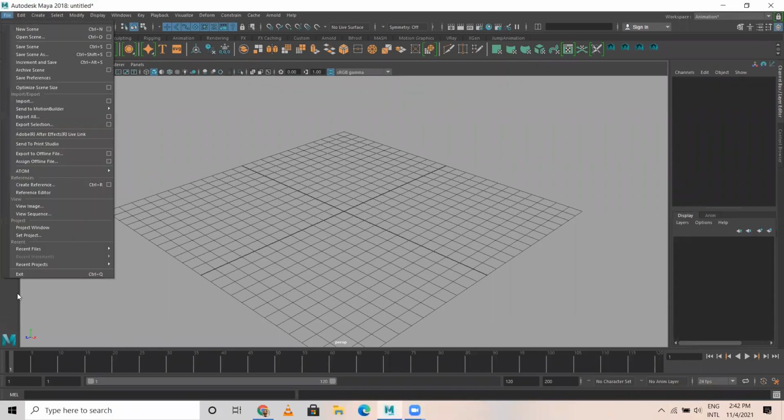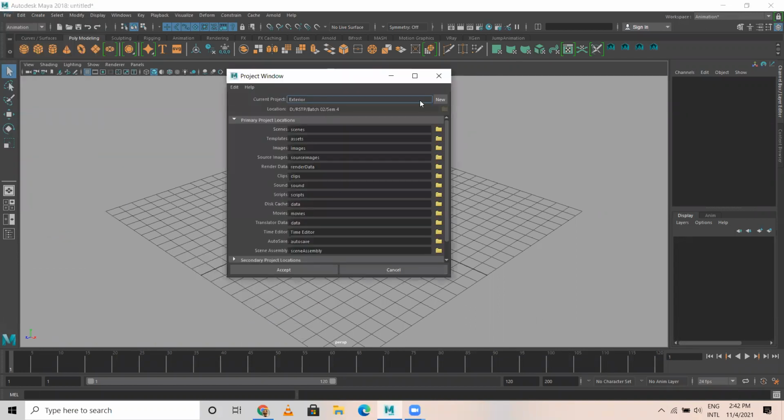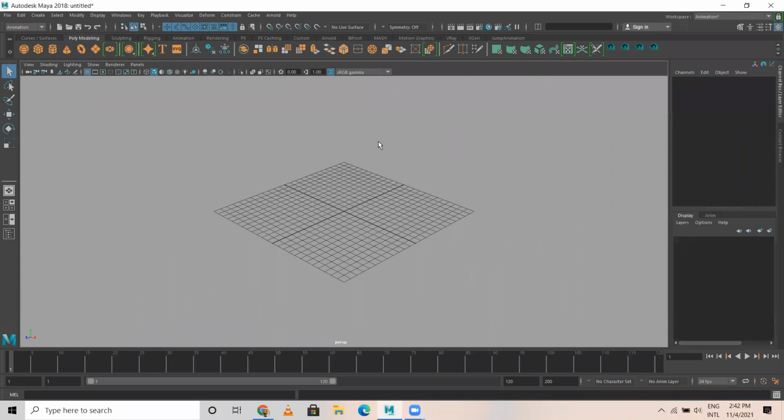So first thing, create a project. It's a new project. This is sci-fi tunnel. It's okay. First thing,